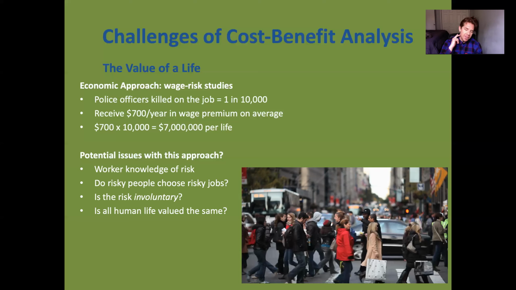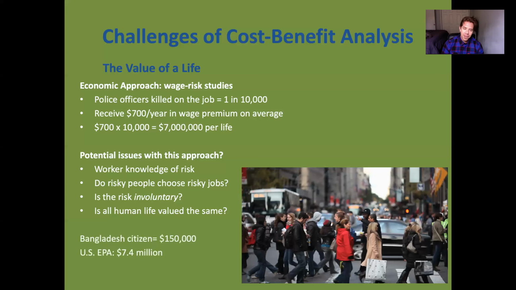Let's just say, for the sake of example, that the risk is the same, 1 in 10,000, but the wage is a lot lower. So now, instead of 700 times 10,000, you're multiplying 500, because maybe they only get paid $500 more a year, or even less. Then you would come up with the value of a life in another country, where police officers have the same risk, but they're paid a lower wage premium. Based on this estimate, you would come up with, well, in the US, the value of a human life is $7 million. In another country, the value is $5 million,